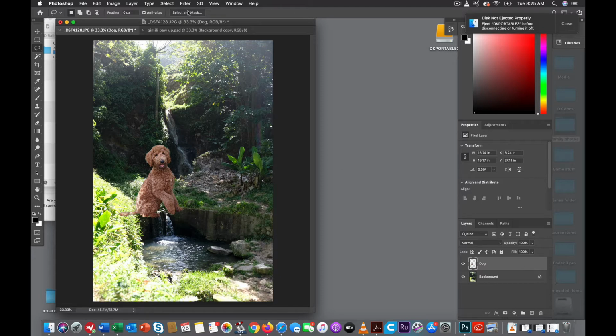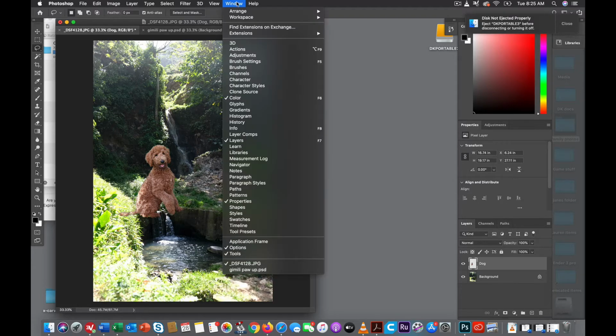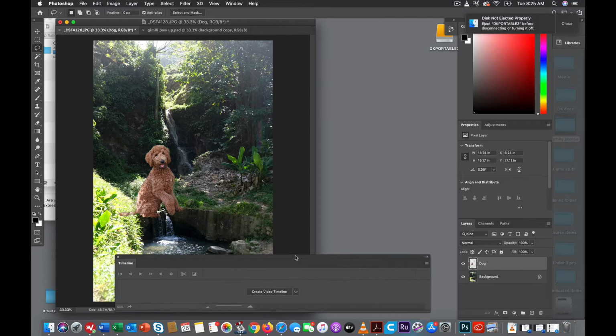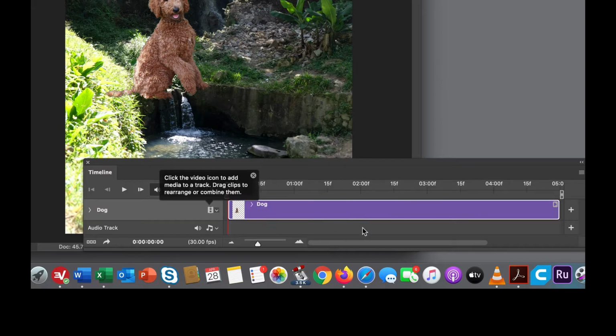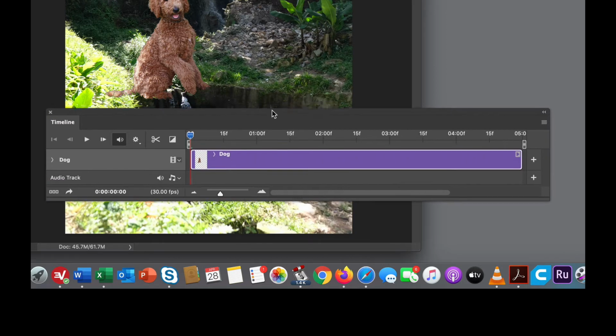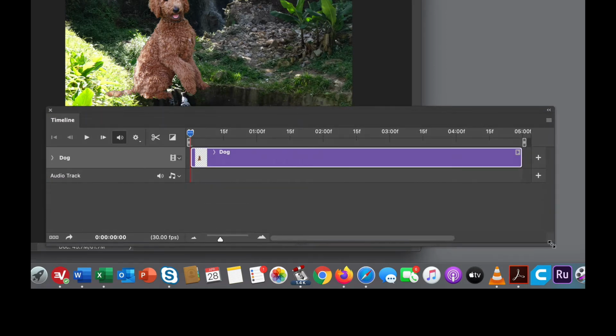So to do that, I'm going to go up to Window and down to Timeline. That's going to give me this little window right here. And then I want to say Create Video Timeline. So I'm just going to click on that, and that will create the video timeline for me. It's going to expand it here, and then